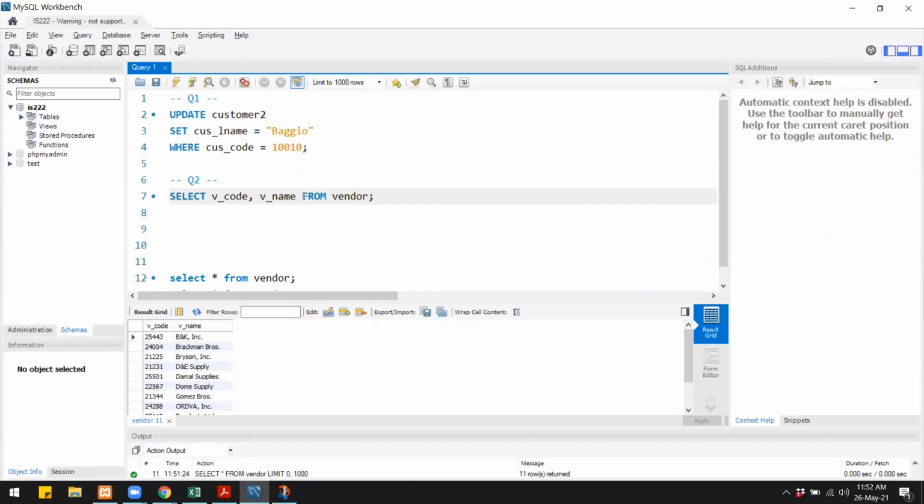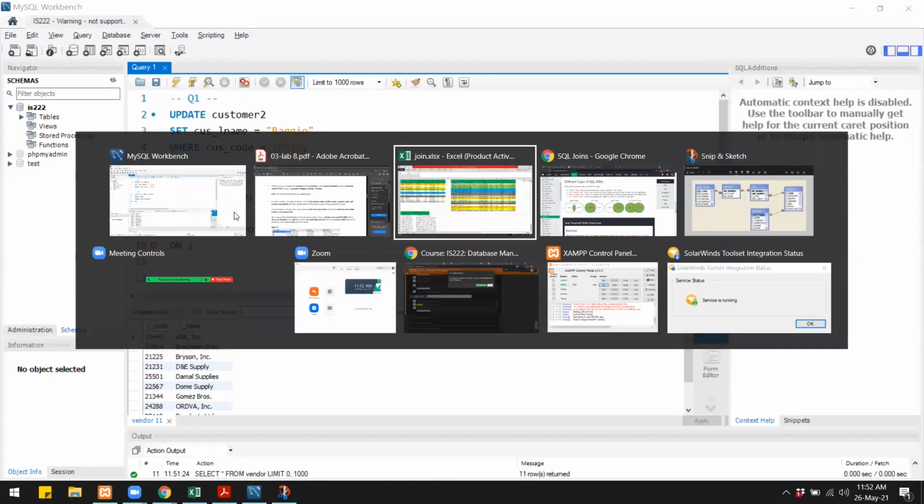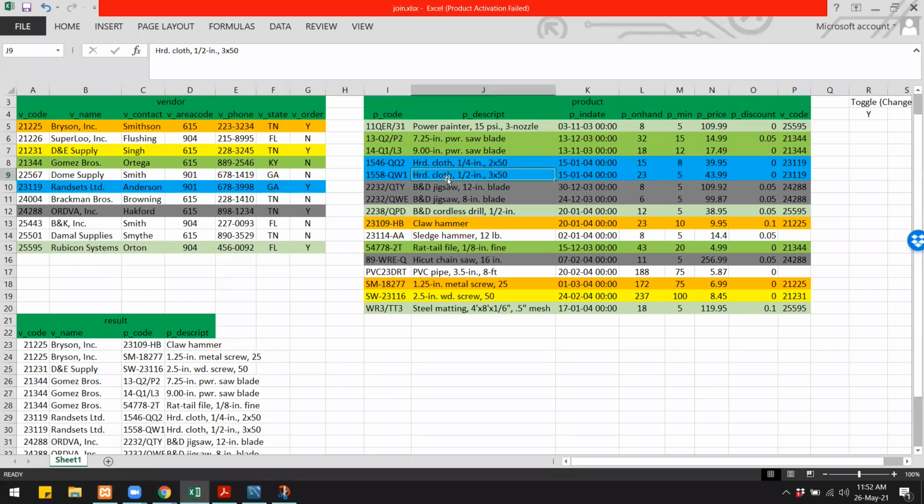So in here we will need to use join. The syntax of join is something like this. You will select whatever you want from a table, and then you will say inner join. Now which table do we want to join on? We want to join on the product table. And which column do we want to join on? We are joining the tables using a common column, which is vendor code.